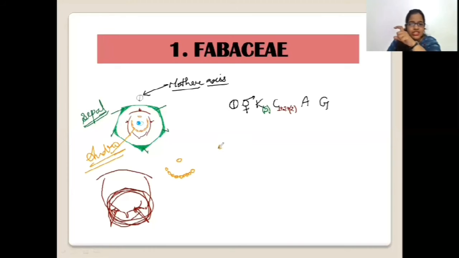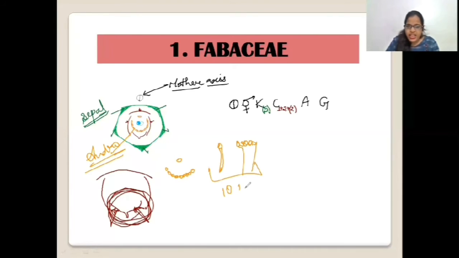Remember, if anthers are present in 2 groups, we call it a diadelphous condition. Here there are 2 groups of the stamens, where in one group only one stamen is there, whereas in another group 9 stamens are there. So in total, how many are there? In total, there are 10 stamens, but they are present in a different fashion. What is the fashion of their arrangement? 9 are present together. Since they are fused, we'll use the bracket plus 1. This one is present separately, so I will not fuse it with them. I'll use it in a separated way.